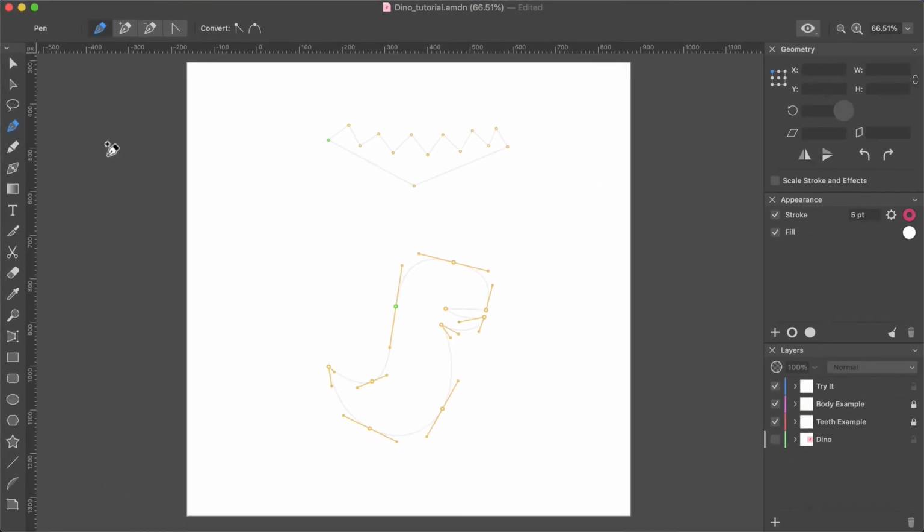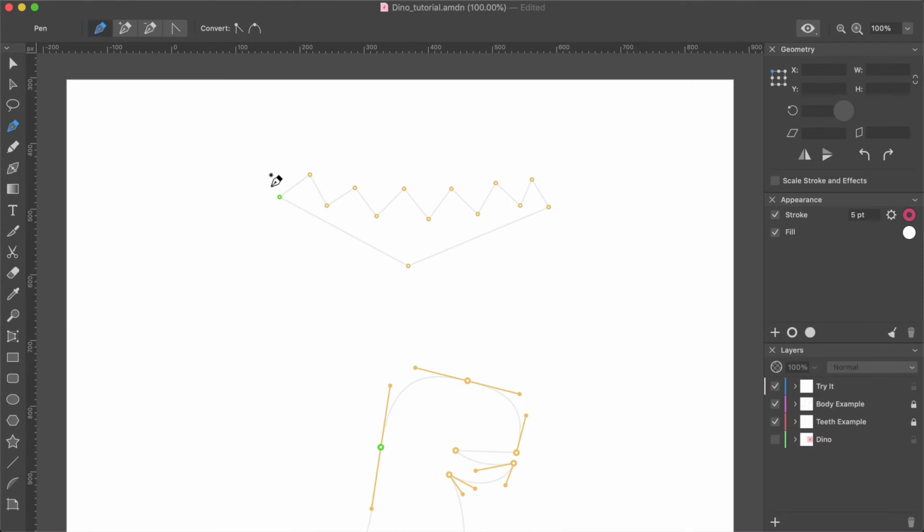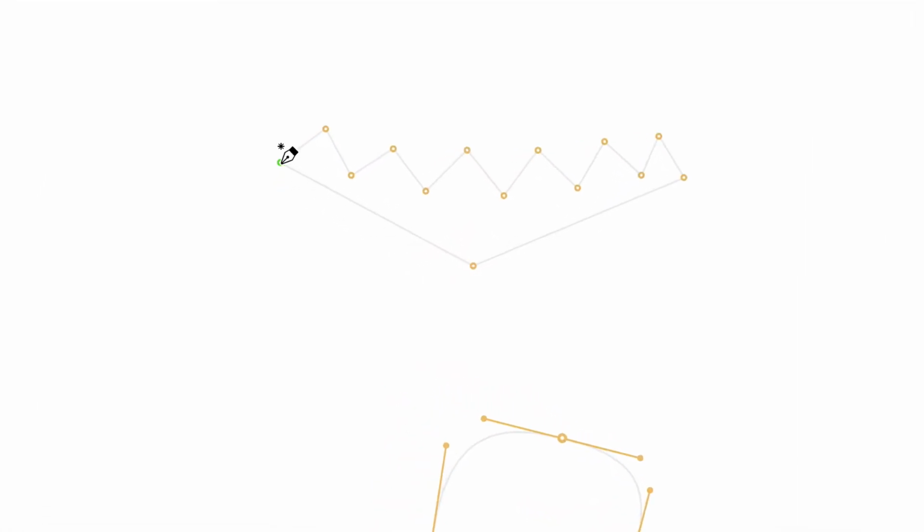Let's begin drawing sharp teeth on our tiny creature. Feel free to draw atop the sample. The template is locked on the background, so you won't break it. The path consists of straight segments, and it's quite easy to reproduce them. What we do now is click on the canvas to create the first point. We marked it in green.